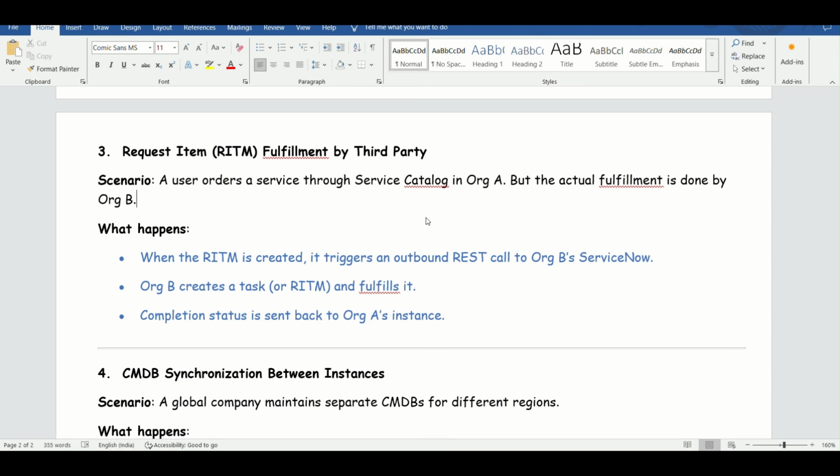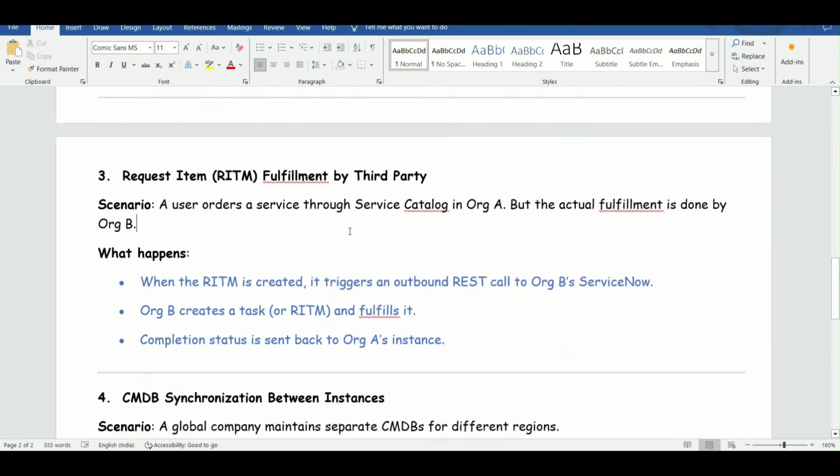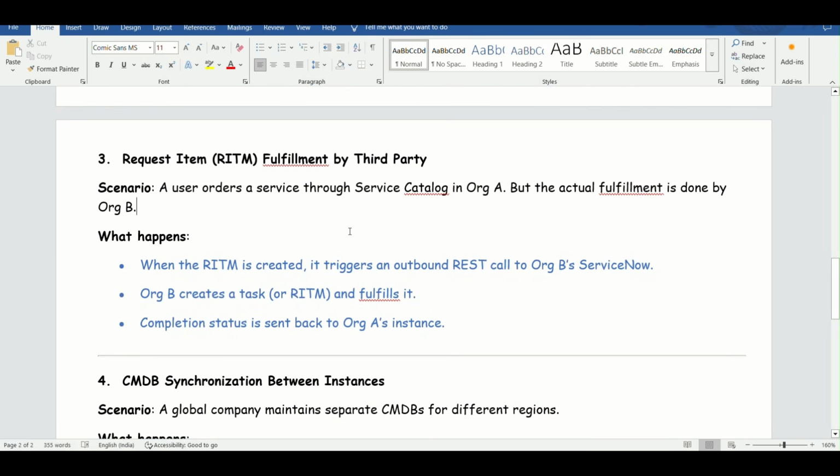Suppose there is a network issue, or this particular configuration item example of a particular application which I gave. Only that particular application's incidents will need to be transferred there. In this case, only that particular application's request items will be transferred to the other instance, organization B's instance. So yeah,